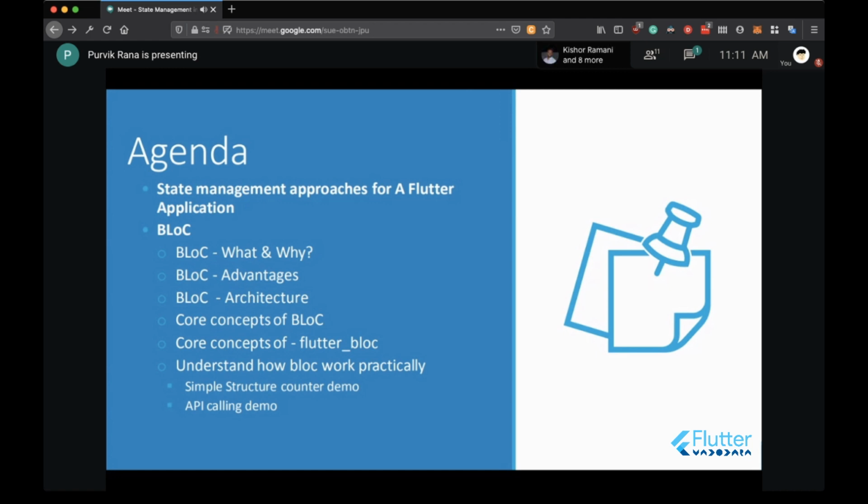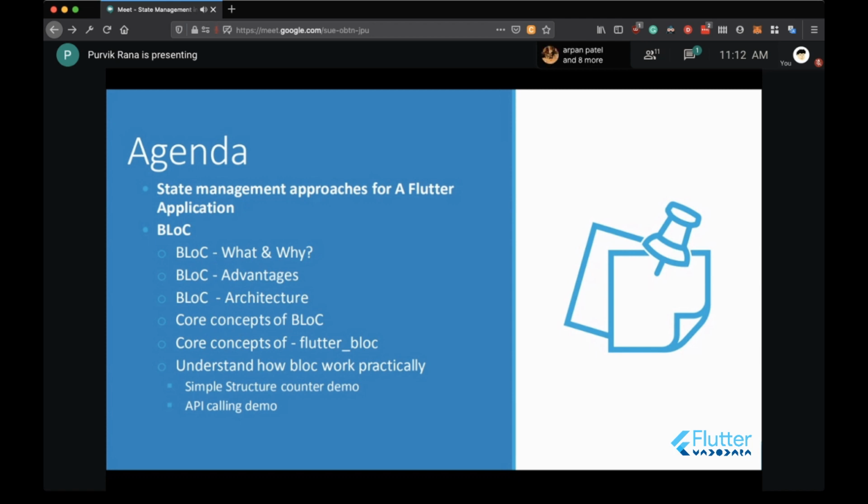Then we will see the BLoC architecture. We will go through the core concepts of BLoC, and then the core concepts of Flutter BLoC, which is the package that we use in our Flutter application. And then we will see how BLoC works practically. We will see two demos, one for a counter application and one for an API calling demo.